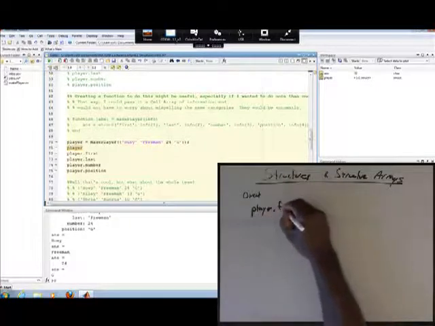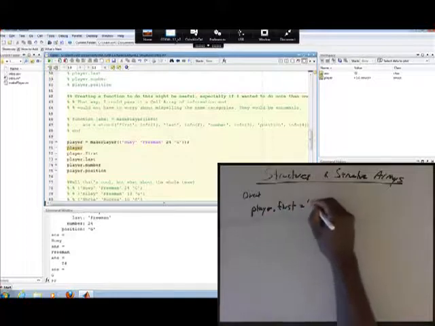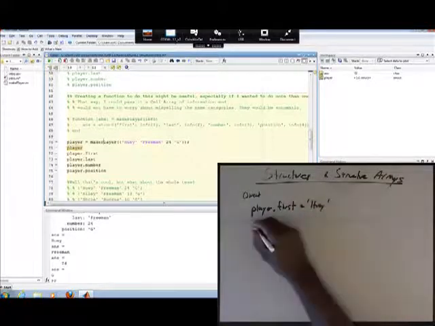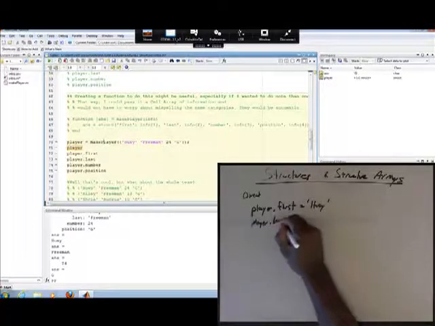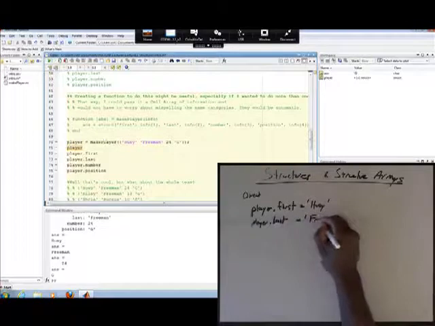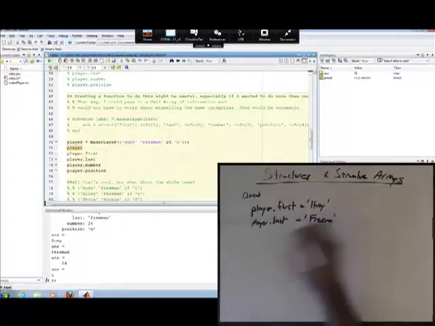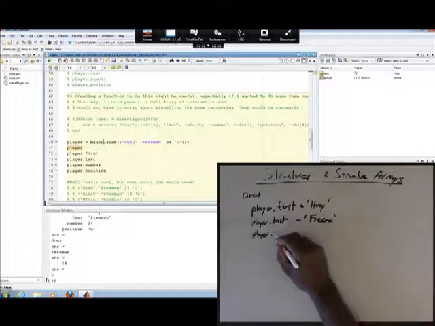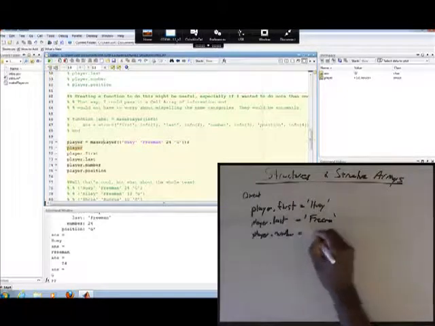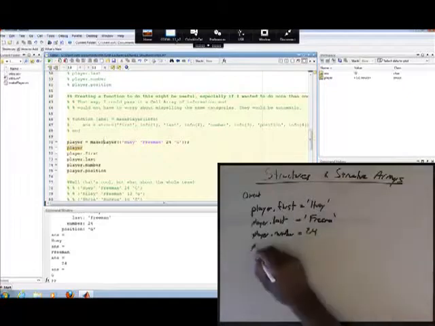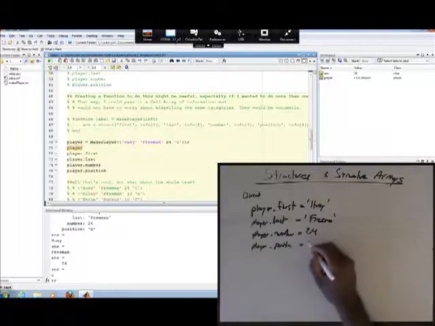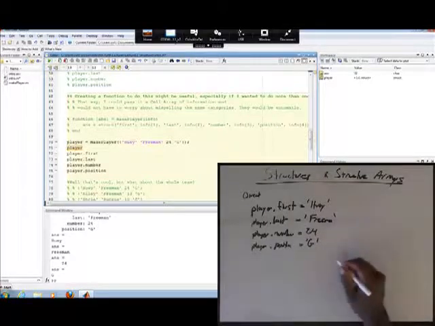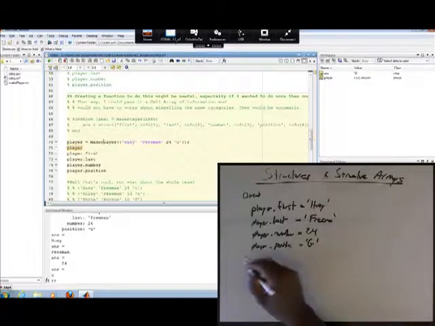and then dot the field, which was first name, equals Huey, and then we did player dot last name equals Freeman, player dot number equals 24, and player dot position equals string G. So that was the direct way, and then we came in here and used the other method,